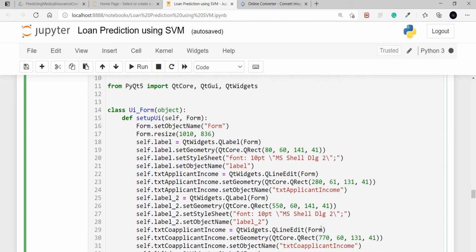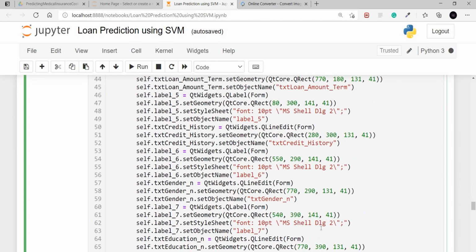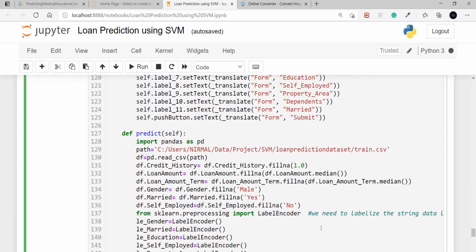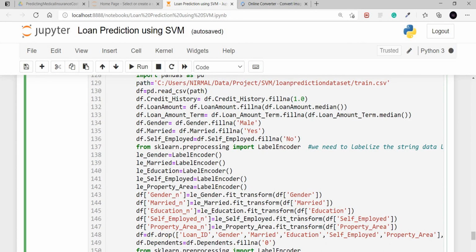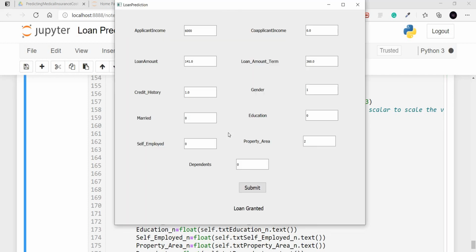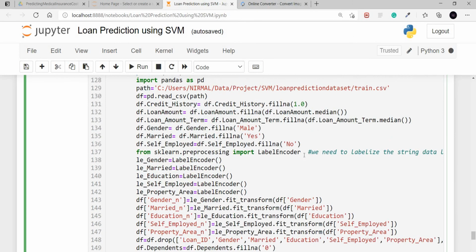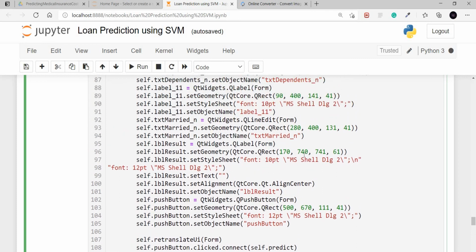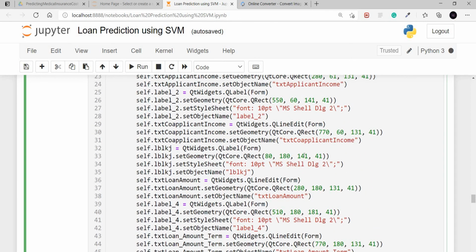I'm deploying the model into a PyQt5 application. So here is my whole code which I have copied and pasted here. So if we run this, we can see a form like this. So to verify whether our model is correct or not, I will use the same data we have used before.